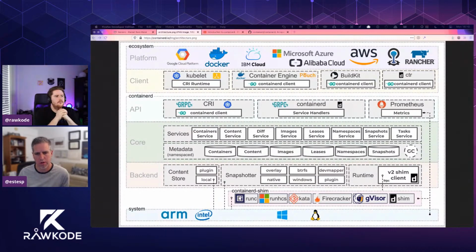And the reason that's important is that there are people who have written libraries or uses of Containerd that replace a specific service so that you can use this construct even outside of using the Containerd daemon altogether. So, ORAS, maybe some listeners have heard of ORAS out of the Deis Labs team at Microsoft, they liked the simplicity by which you could use the Go API for Containerd to talk to a registry.